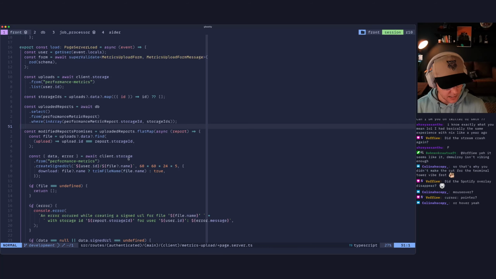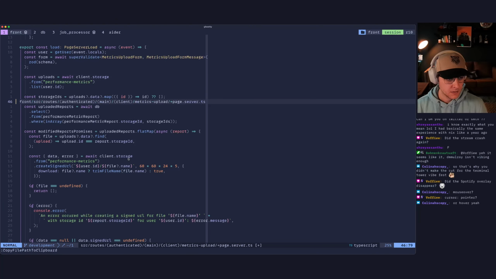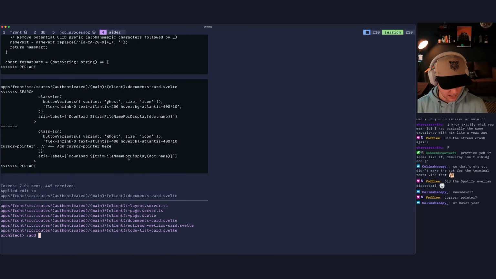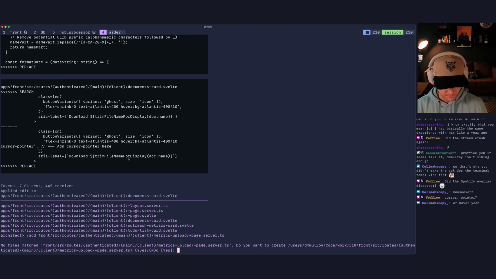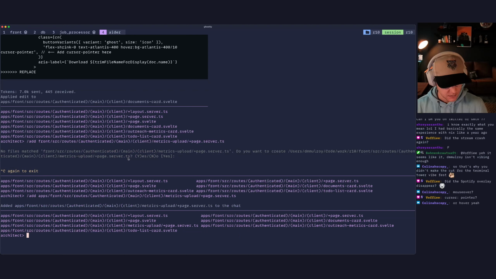Okay, so we want to add this. I'm going to copy the file path. I'm going to paste it here. And we're going to go to here. Actually, I think I can just add that. I think that's right. And if I go to Aider and I say add and I pop that in, damn it. It needs apps in front of it. /add apps/that. And then